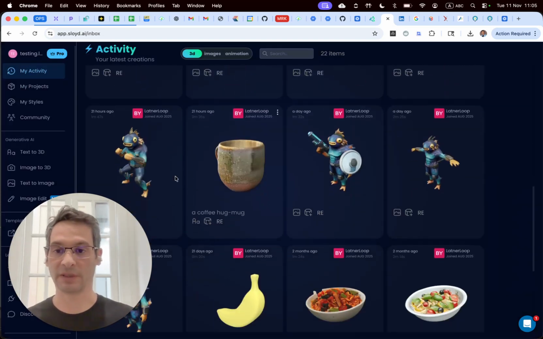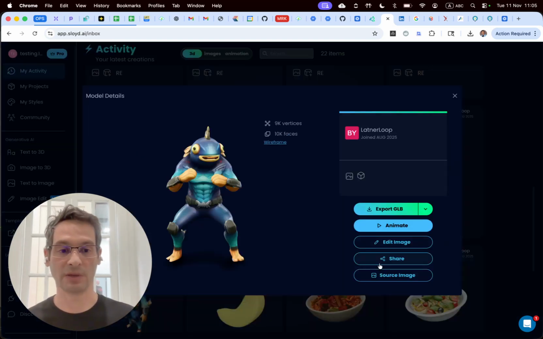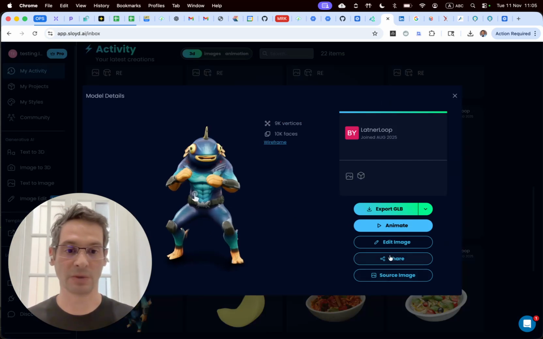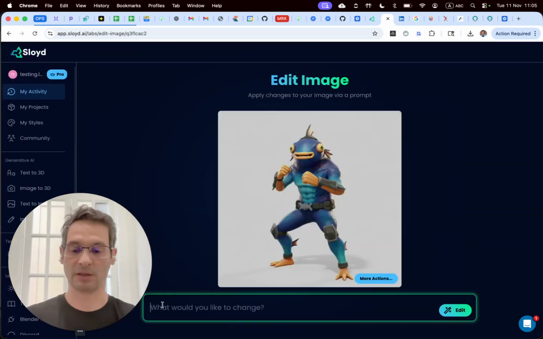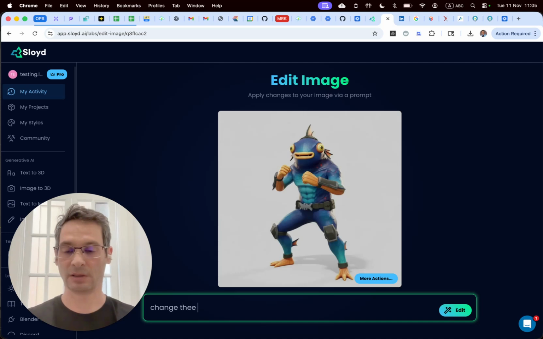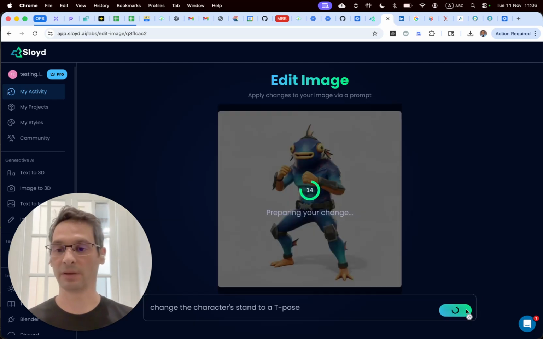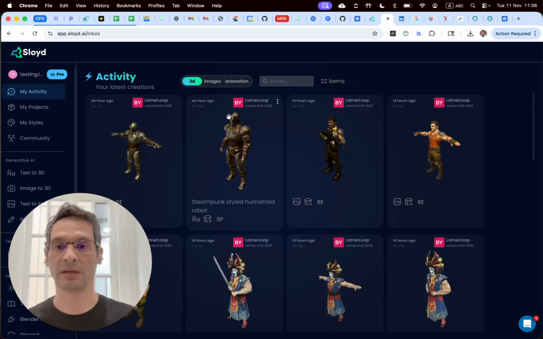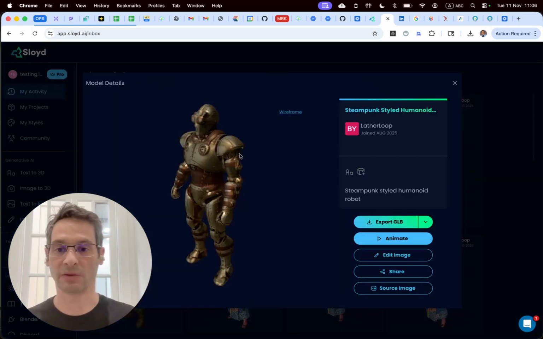If you do have something like that and you want to use it, you can also always go into edit image and here write, change the character stand to a T pose like that, and create a picture ready for animation, and then turn it into 3D. But while it's working, let's jump into my activity again and take this character over here